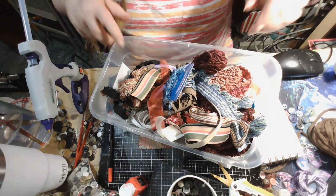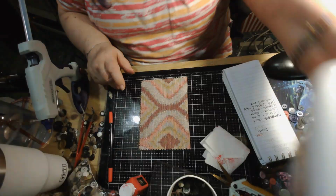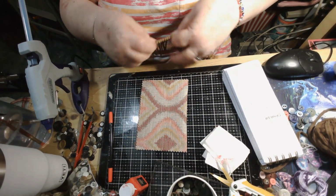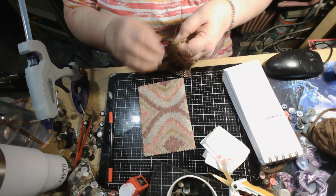I'm going to use this one. This will be pretty. I like to put like a fringe at the bottom. It doesn't always match whatever I'm doing, and it doesn't have to. And there's no law that it has to match because